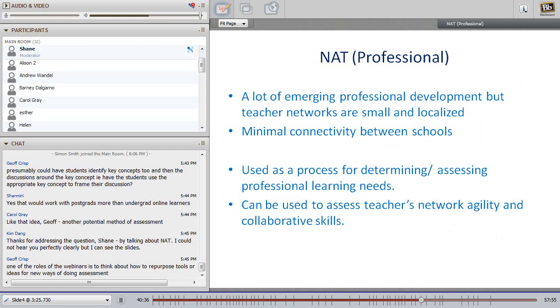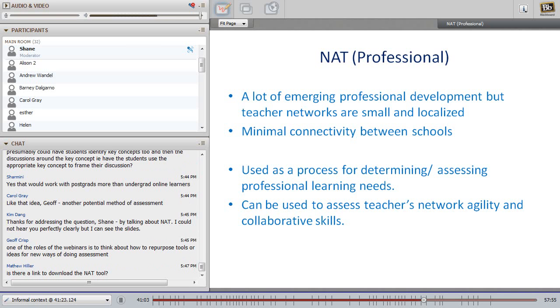So with that, a lot of emerging professional development, but in this case, the teaching networks were small and localized. It was a way in which you could start to assess professional development and the quality aspect of the professional development through network learning. It is used as a process for determining and assessing their professional needs, and it can also be used to assess a teacher's network agility and collaborative skills. So how are we, as emergent professionals, as students who are coming from an education degree, how are they going into their